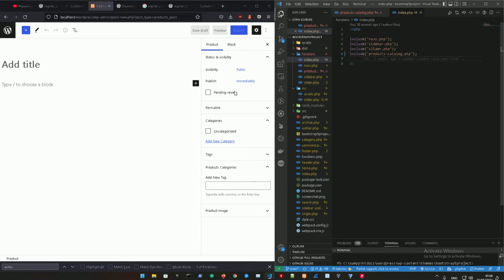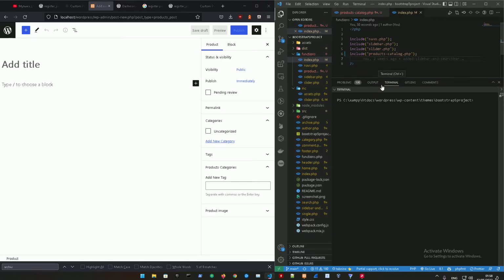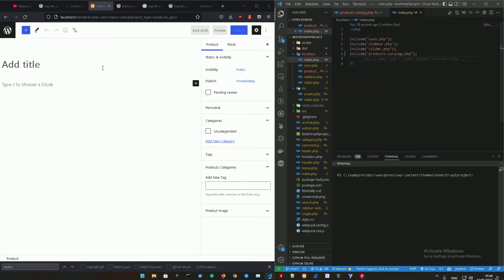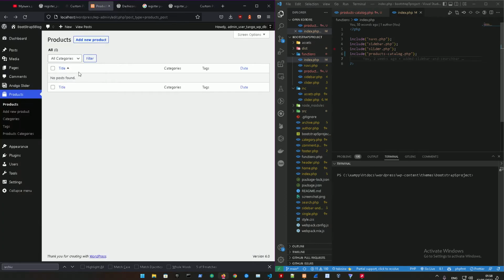Actually, right now I'm not going to be using this again, like I said, but this is just for you guys to understand how a plugin registering works. This plugin just helps you basically with registering the post type itself. Right now if you add anything to it, it's not going to do anything, because this is a custom post type and I don't have the custom post type mentioned in the category or anywhere. So we need to find a way to display this, and the way we're going to do this